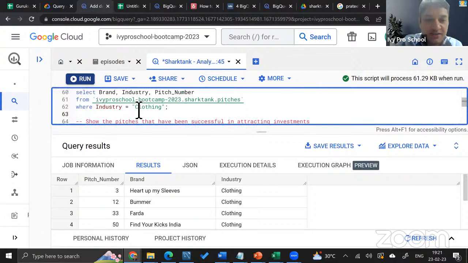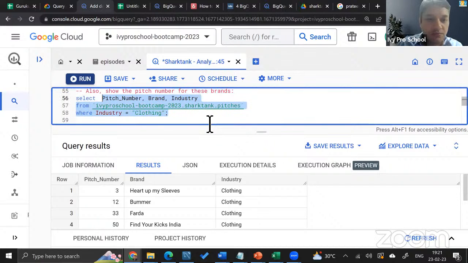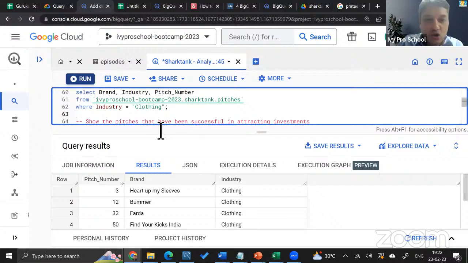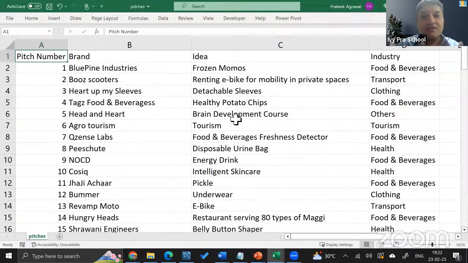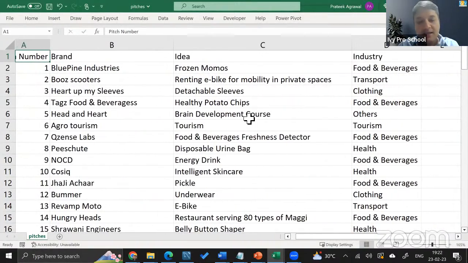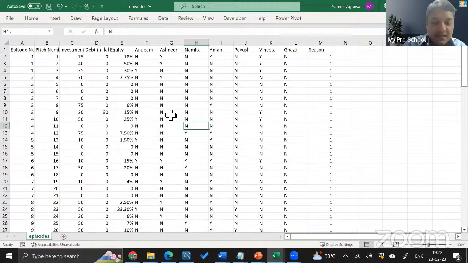Now let's look at the next question. It says, show the pitches that have been successful in attracting investments. Now, if you notice, guys, this query that we just wrote shows me the pitch number, the brand, and the industry. But the next question says, show the pitches that have been successful in attracting investments. How do we know whether a pitch has been successful or not? If you look at the pitches table, there is no column information about investments at all. This is when you will go to the next table, which is your episodes table, and you will see